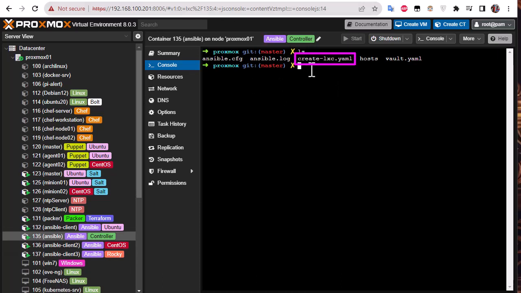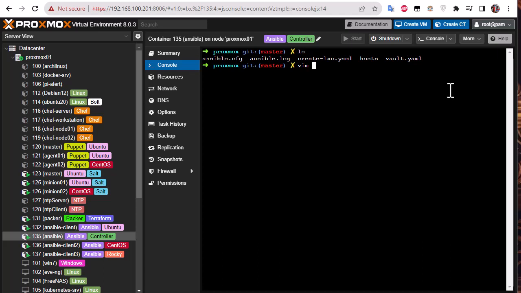Now let me show you the contents of this file called create-lxc.yaml, which is our playbook. Remember, a playbook contains the tasks that Ansible will execute in order to provision your LXC container. So let's see the content of this very important file,